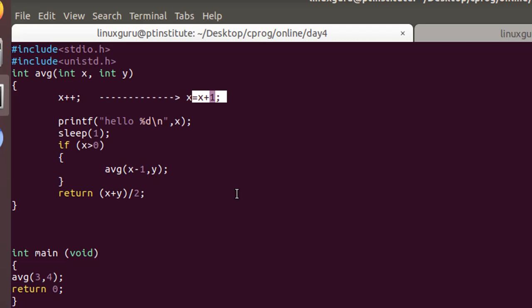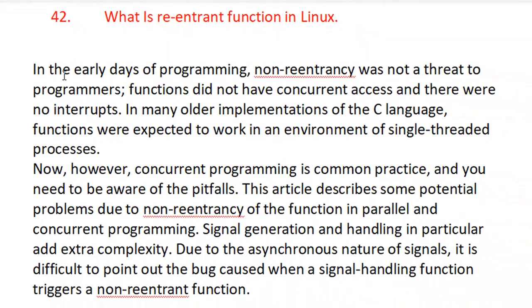So for the reentrant function, we have to take a little care when we are writing it. What's the meaning of reentrant function? In earlier days of programming, there was no threading. If we had a normal function, no problem. The function did not have concurrent access. Nobody was simultaneously accessing it.